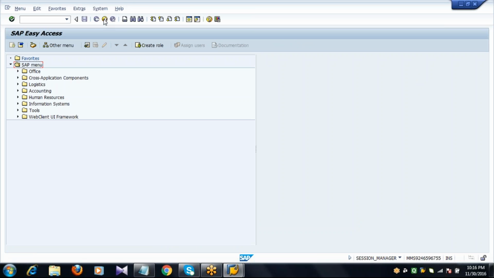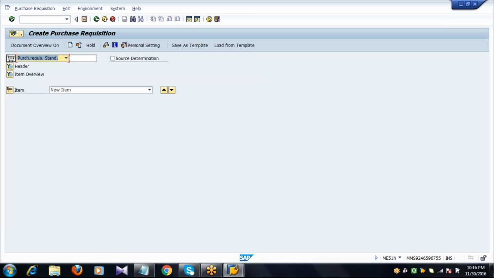So the next topic is document types. This is very important. So what does document type mean? I will show the purchasing documents one by one. Long back we created a purchase requisition using transaction code ME51N. At the corner you are able to see purchase requisition standard. We did not select any option, but the system by default displays the document type purchase requisition standard